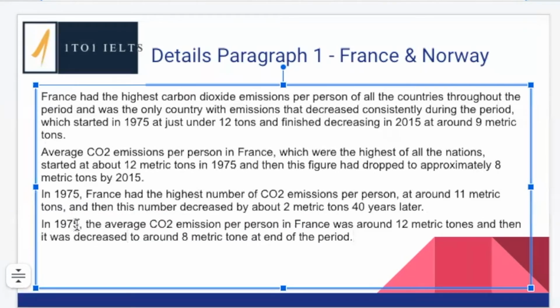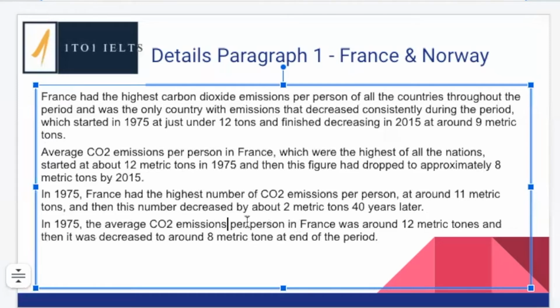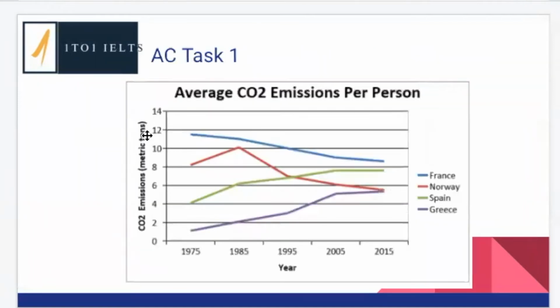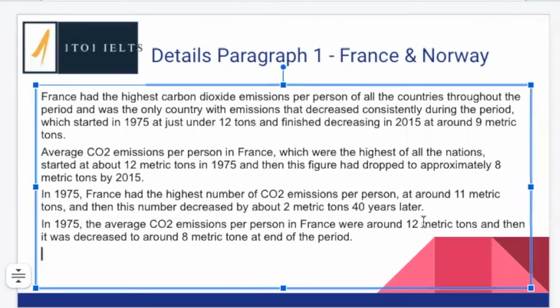Okay, in 1975, good, we've got a comma after the prepositional phrase, well done. The average CO2 emissions per person. Again, we're mentioning that they're plural in France. So this would be were around 12 metric tons. Be careful of spelling here. Ton actually has a British spelling and an American spelling. They're using the American spelling here, but if it's given to you in the question, we're using the spelling that's being given in the question. So the average CO2 emissions per person in France are around 12 metric tons. And then, so good, we've got a conjunction here. It, but we're talking about emissions. They